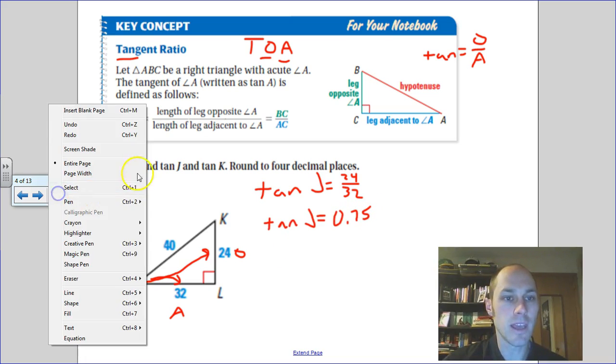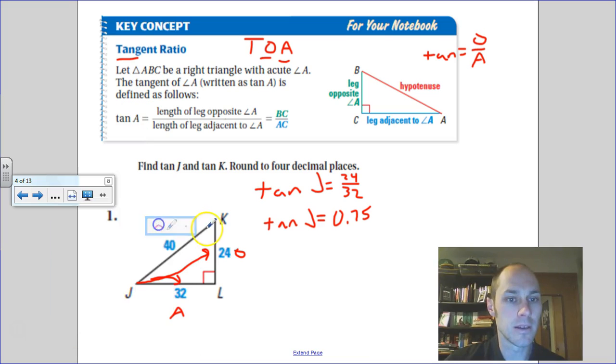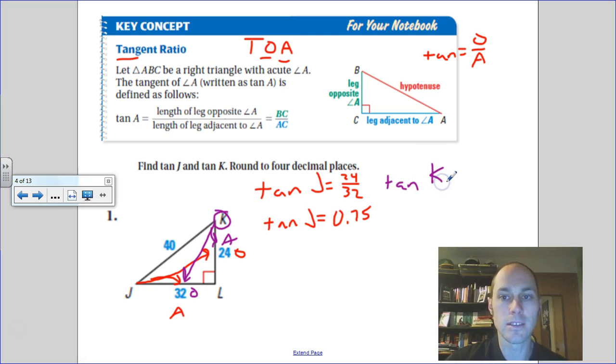Now the tangent of K, we do the same thing. Looking at angle K, except now the opposite side is 32 from K. My adjacent side is 24. So tangent of K is 32, which is the opposite side, over the adjacent side of 24. So 32 divided by 24 is 1.3 repeating. So the tangent of K,